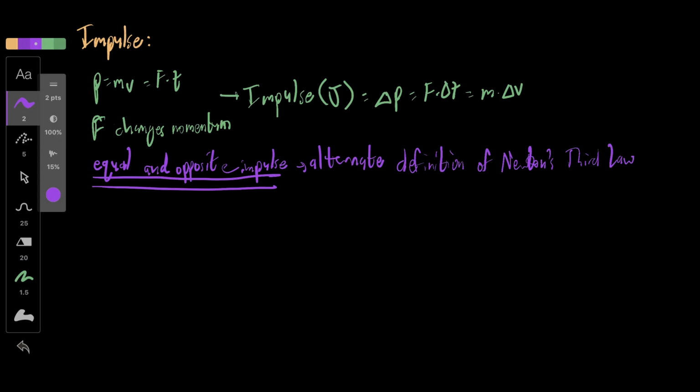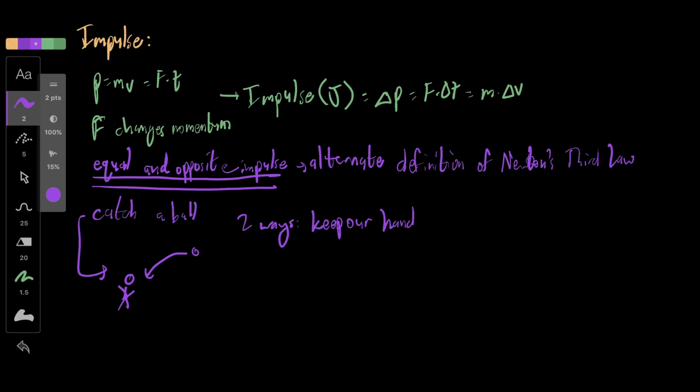Another very powerful application of impulse is how it can predict many different scenarios. So let's run through a few of them. Let's say I'm trying to catch a ball. Now let's draw a diagram over here. We have a ball that's coming to us that we're trying to catch. Now there are two main ways we could approach this. Either keep our hand in front of us